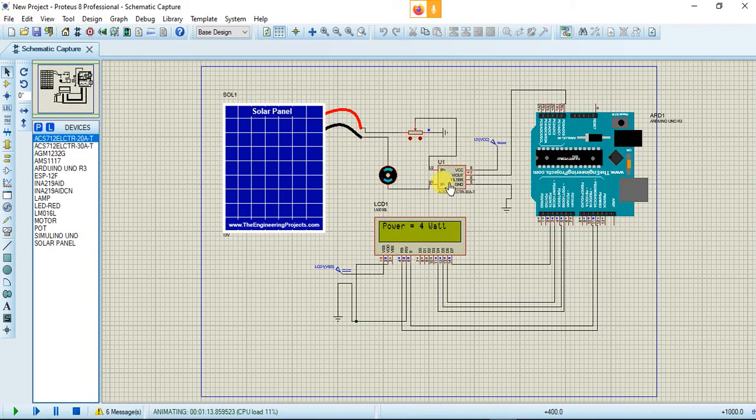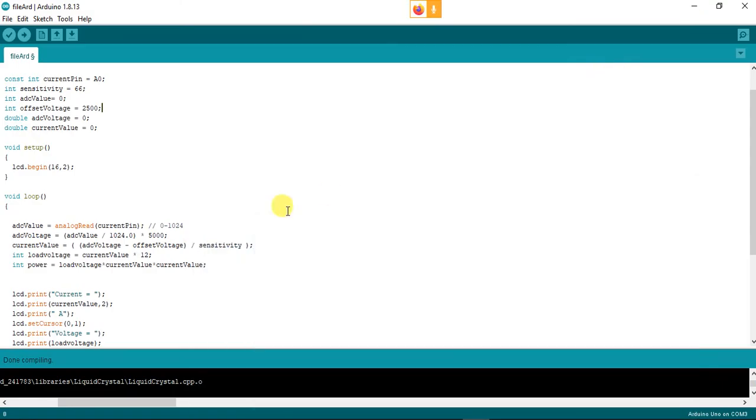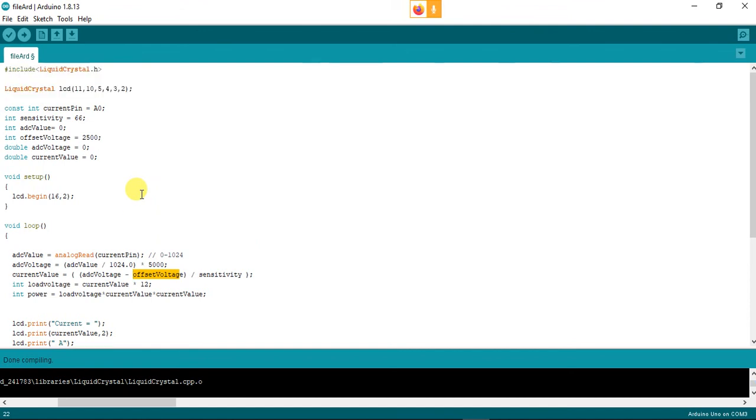We know 5 volt is applied to our current sensor, and if there is no external power like a solar panel, then at least 2.5 volt will be sensed by the current sensor. That's why we need to subtract the offset voltage, and this offset voltage is 2.5 volt,